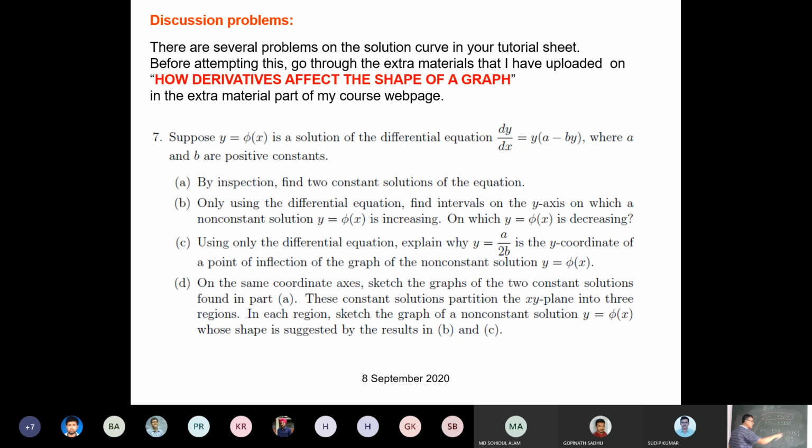So let me come to the last part. Basically, I have these two intervals, not really two intervals. In fact, here I have got two disjoint intervals. Okay, so it was increasing, and here it was decreasing. Okay, so now suppose